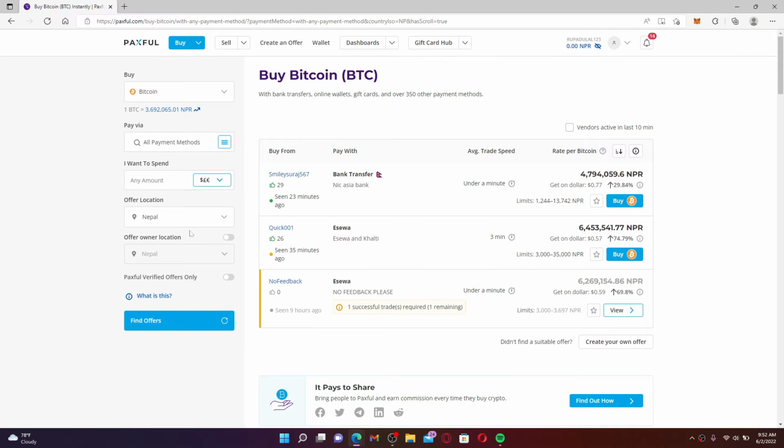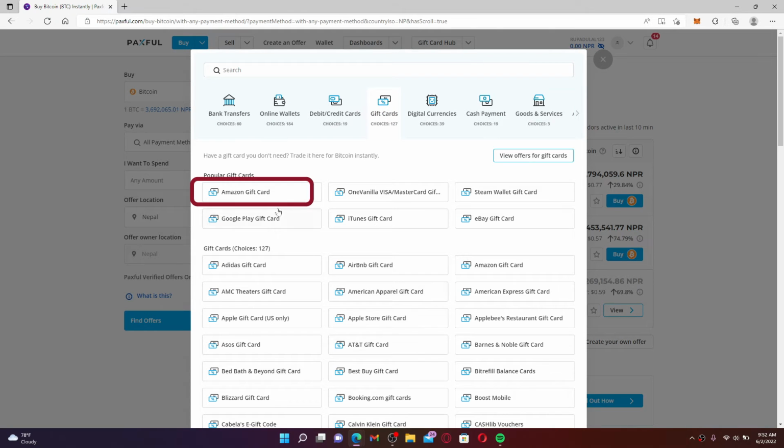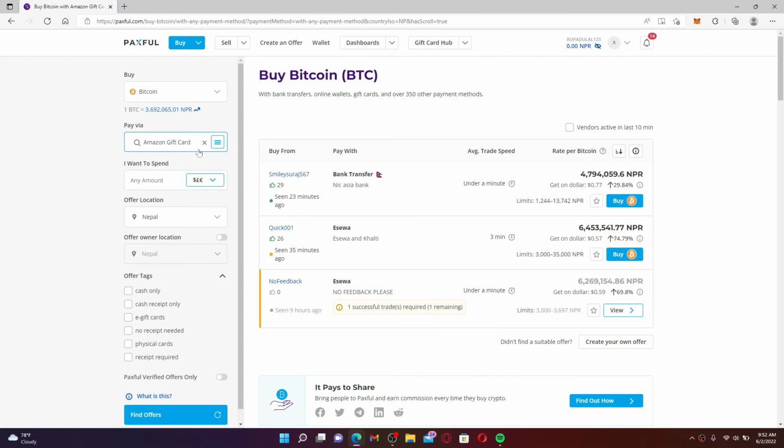Make sure you are in this buy page, and now click on the drop down and select what you would like to purchase with your Amazon gift card. In my case, I'm choosing Bitcoin. Right where you can see pay via, click on the box and select gift cards tab from the pop-up. From the options displayed beneath, click on Amazon gift card option,